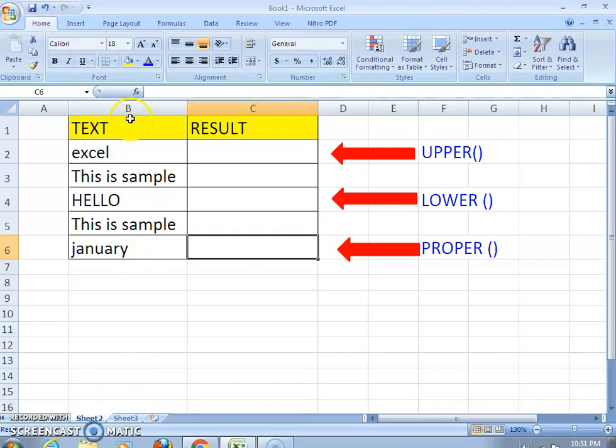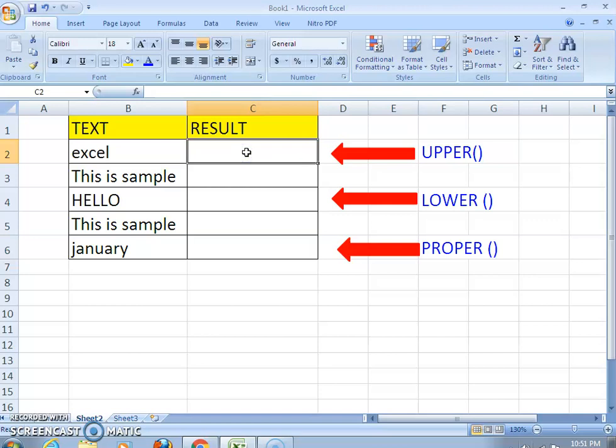In column B, some strings are written, and in the next column we will see the results of the strings after using the lower, upper and proper functions. Let us see.